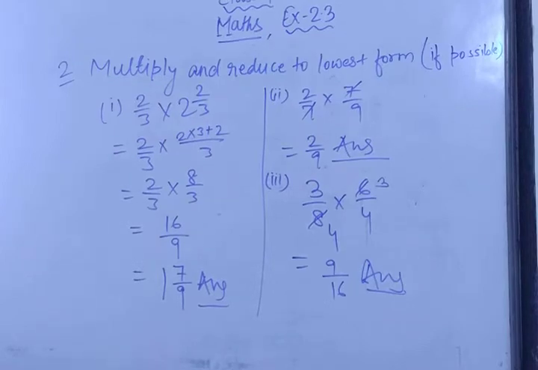There are questions till 7. Please take a screenshot or write in your notebook. So I will move ahead as we have seen how we can reduce it to the lowest form. Okay? Now we are moving towards question number 4. All of you have written. Question number 4 is 9 by 5 into 3 by 5.